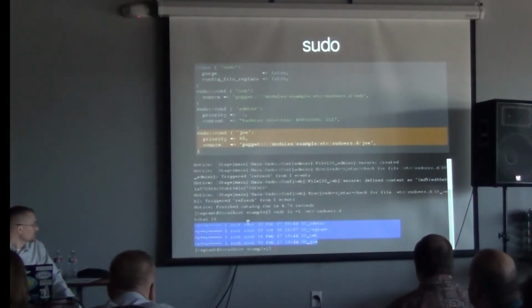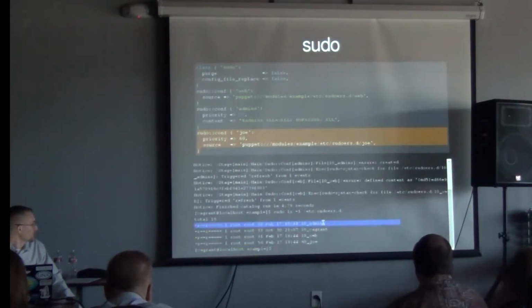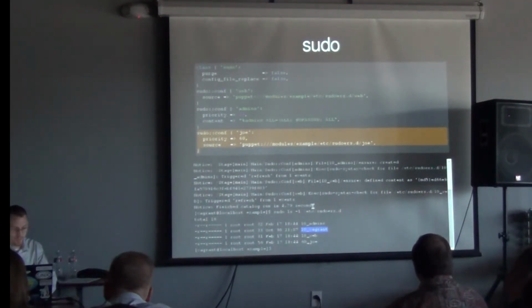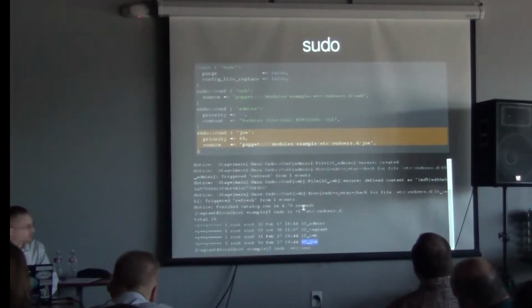Let's take a look in our sudoers.d directory, and we have a few snippets that we added in there. We have 10_admins. We have an existing 10_vagrant that was already on our system, which since we're not wiping the existing configs, remains there. We have 10_web and 60_joe. And if you take a look at the